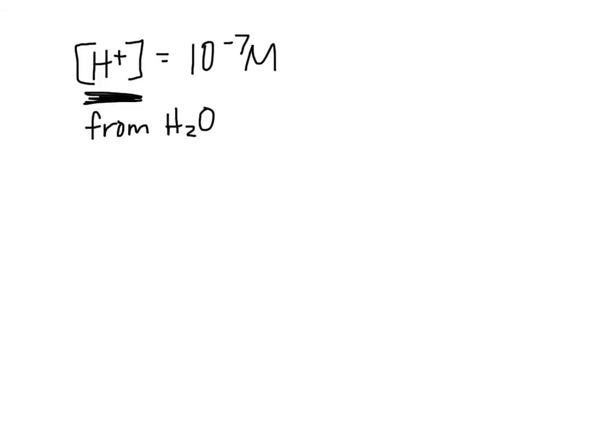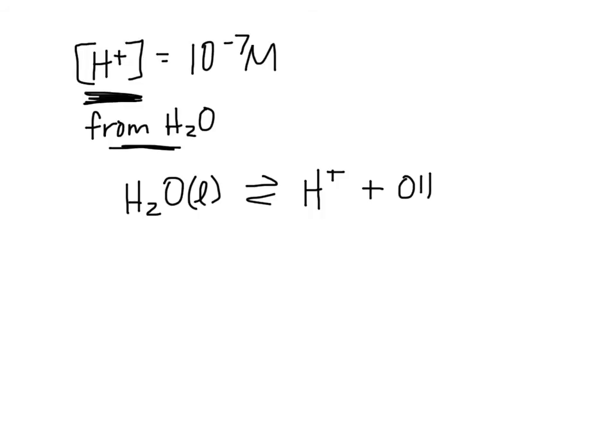Hang tight. We're going to apply Le Chatelier's principle to see why this is going to be smaller from the water portion. So we added acid to water. Why is this going to be smaller? Well, here's our self-ionization or auto-ionization of water. At equilibrium, we get hydrogen ions and hydroxide ions. It's going to have to balance itself out. So if we're adding hydrogen ion to water by adding an acid to it,